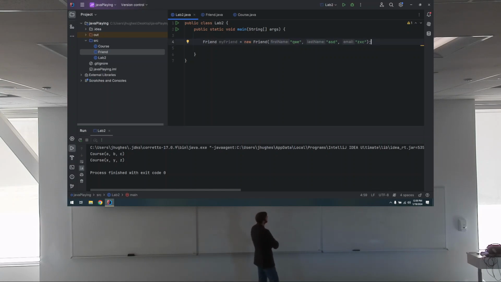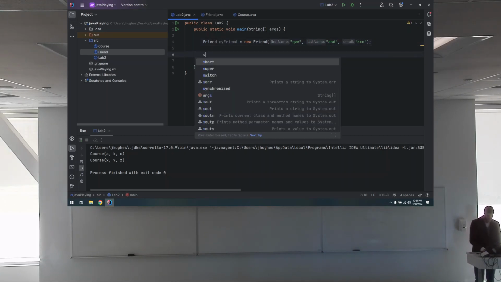And then on the right-hand side, we just call the name of the class. But the biggest difference here is in Java, you need to use that new keyword. You say new friend, where in Python, you didn't need to say new. Whatever. But the idea is the same. So now with this,